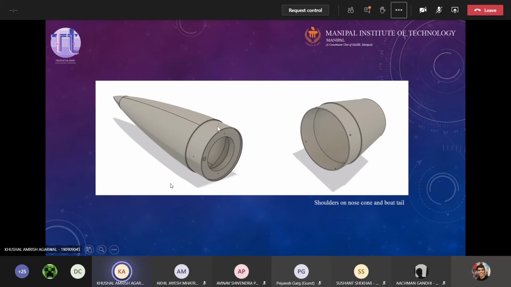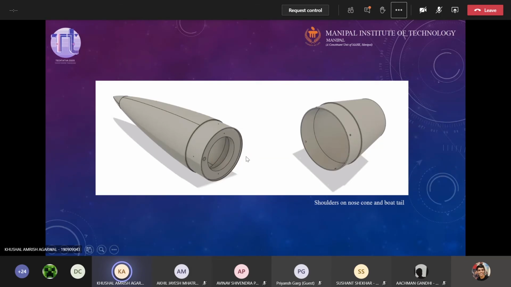See, the bulkhead will be a bit bigger than this, right? And how will this fit into this? And even if you somehow have a smaller bulkhead, there will be a certain gap left between the places that you have screwed on the body tubes and the nose cone. So that's why bulkhead coupling is not really possible.